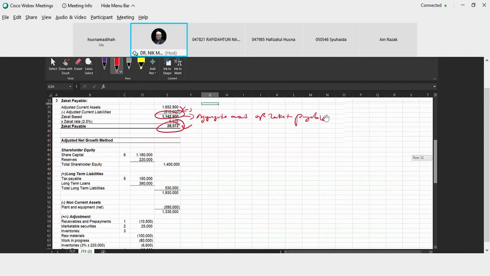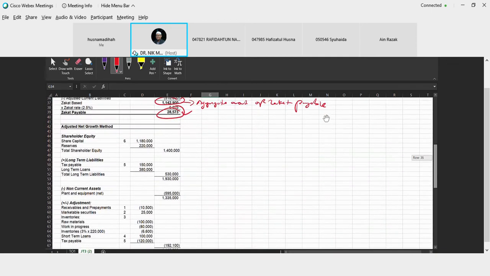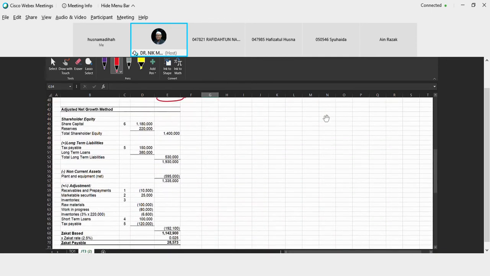And in order to check whether your zakat payable is accurate or not, you can double check with the asset growth method. For the asset growth method, this is the information that you need to have: how much the long-term equities are, and whether you need to add the long-term liabilities and minus the non-current asset. And this is the adjustment. This is the start of the adjustment. First, you need to know about the shareholders' equity, how much, and the adjusted long-term liabilities and adjusted non-current asset, how much. And once you have this information,